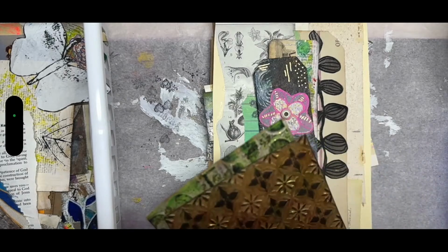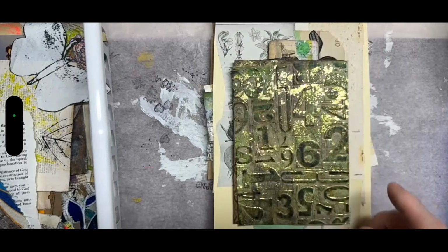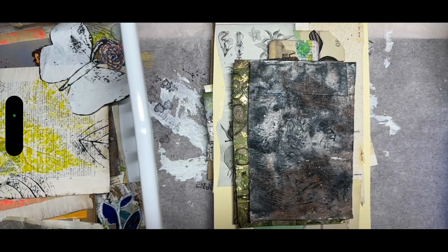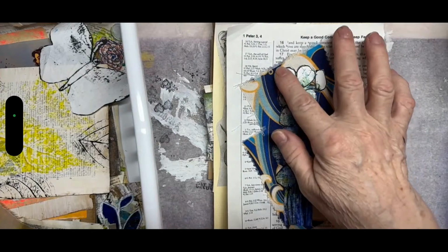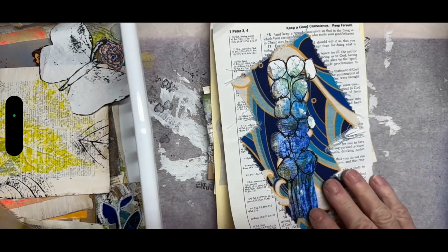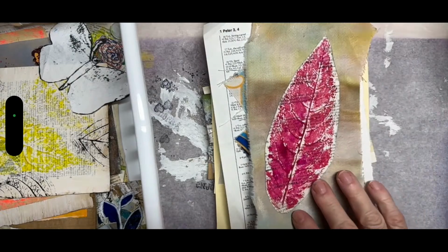Now, I put these back in this basket so I don't forget about them, right? Because those are also things I can use in that. And I just put a cloth underneath these balloons on an old piece of paper. This one I used my leaf on